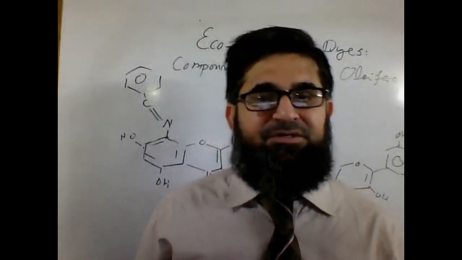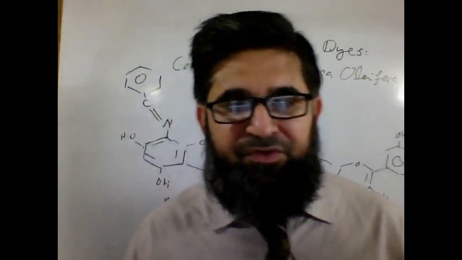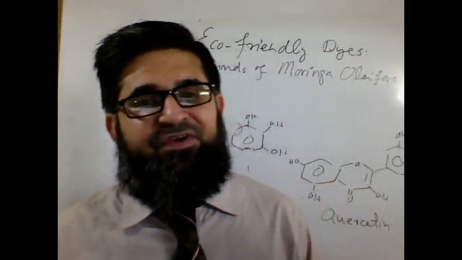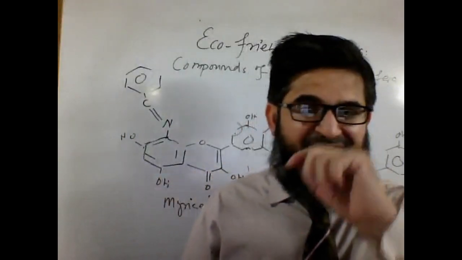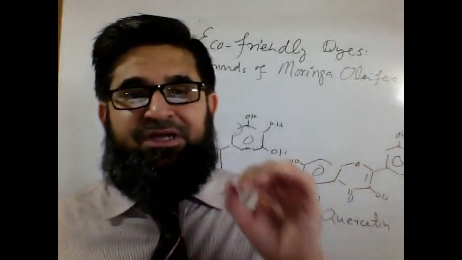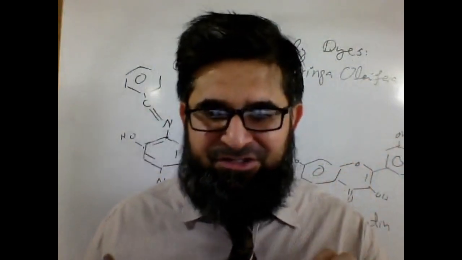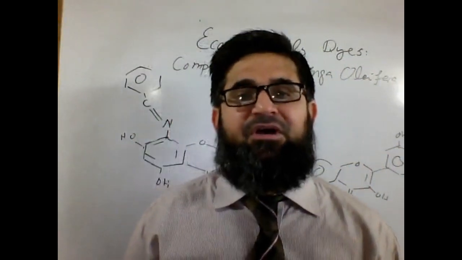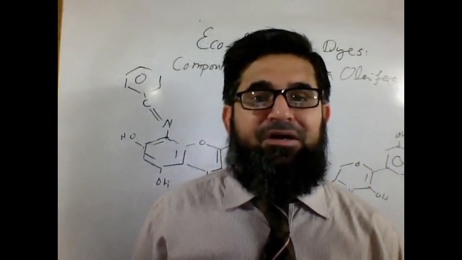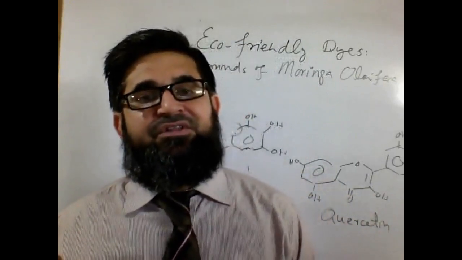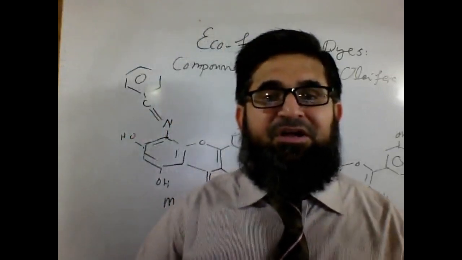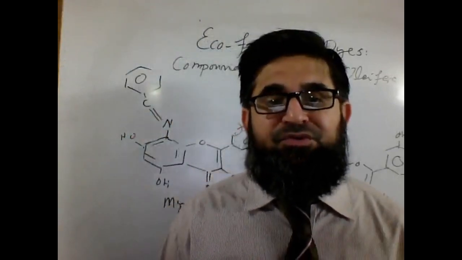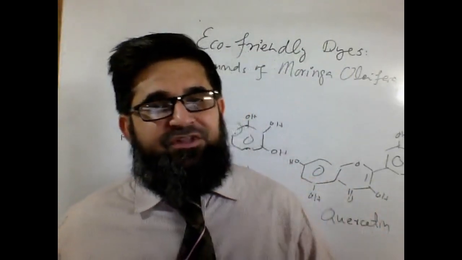We can't avoid the use of nitric acid and sulfuric acid for nitration, or the chemicals required for the diazotization process. So we call them eco-friendly, greener dyes. They are not 100%, however, they are very much eco-friendly, as the use of synthetic amines has been reduced, has been eliminated with the use of